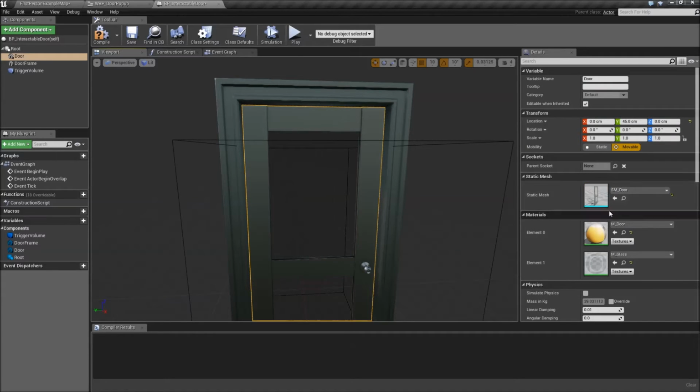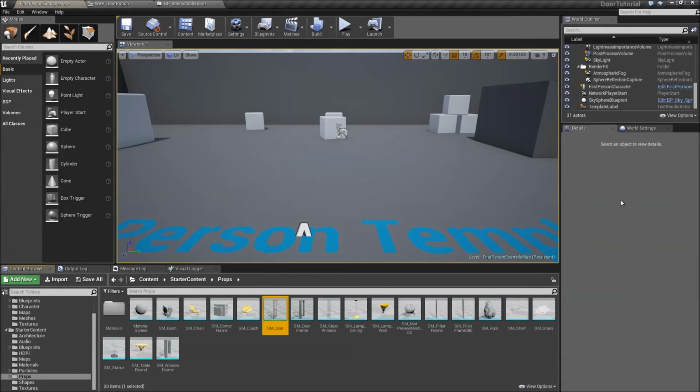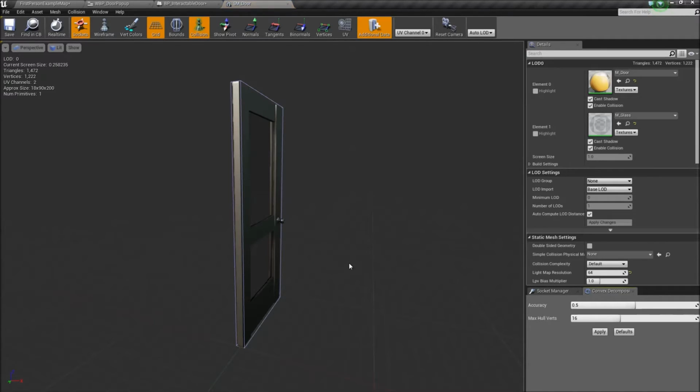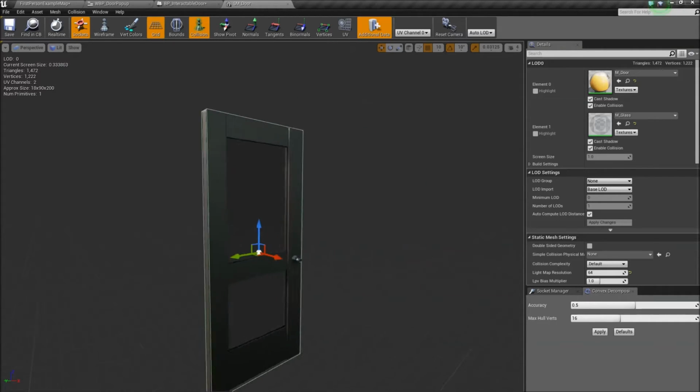So to add collision to a static mesh, the easiest way, at least in the Unreal Engine, you can also add it as part of like Maya or wherever you created the static mesh. But the easiest way is we're going to browse to it in the content browser and we're going to open it in the editor. Now I've already added collision to the static mesh and it's just going to be a simple box,